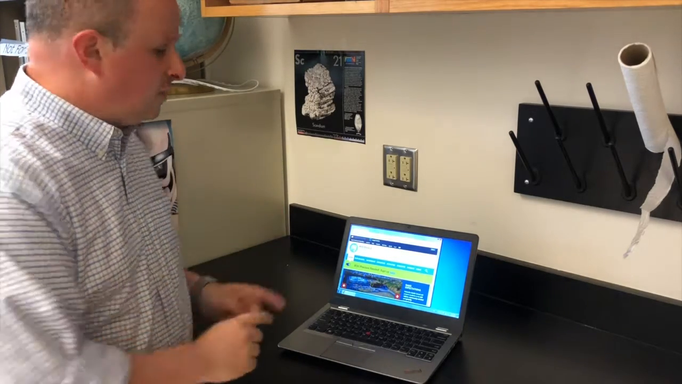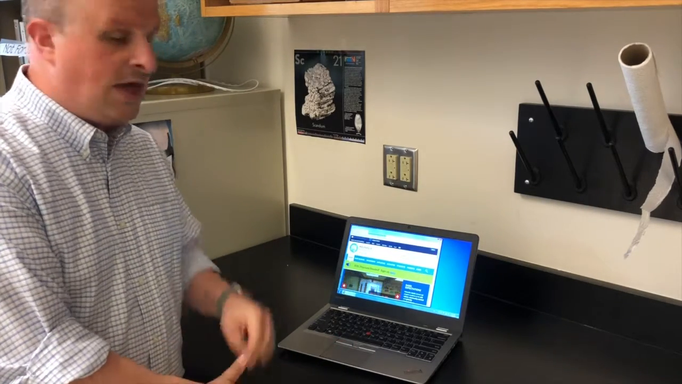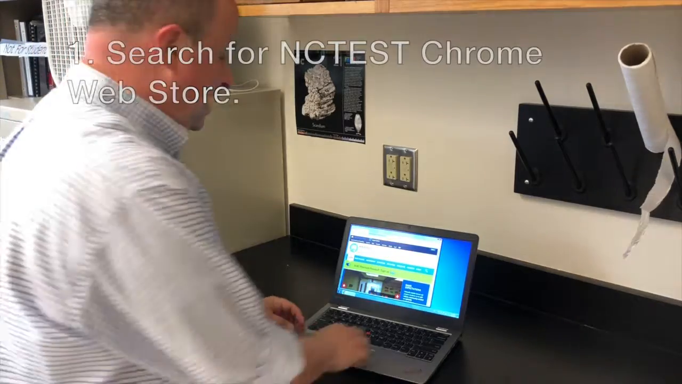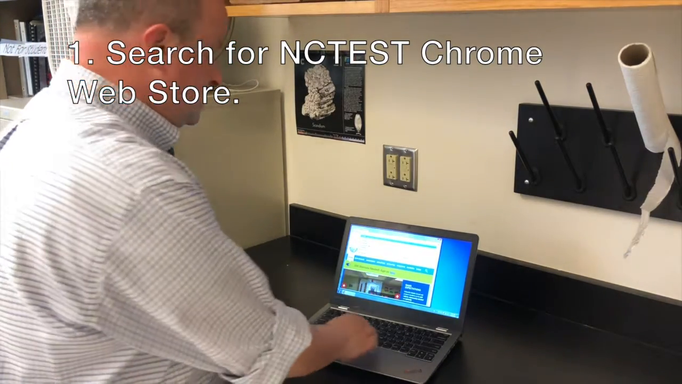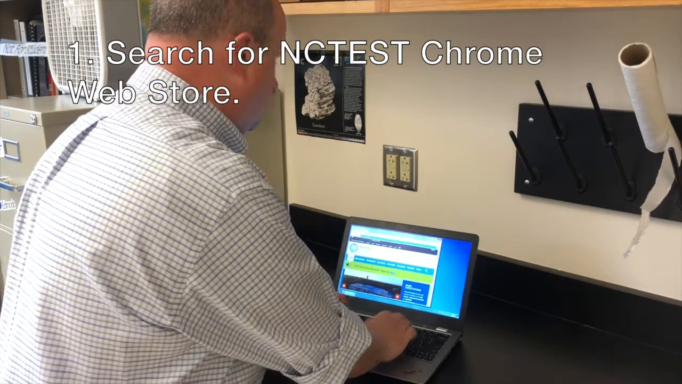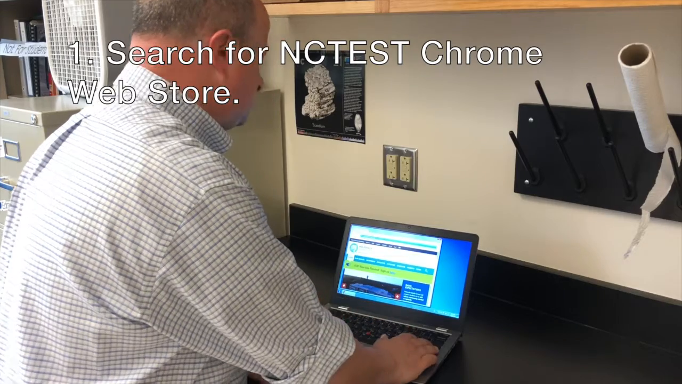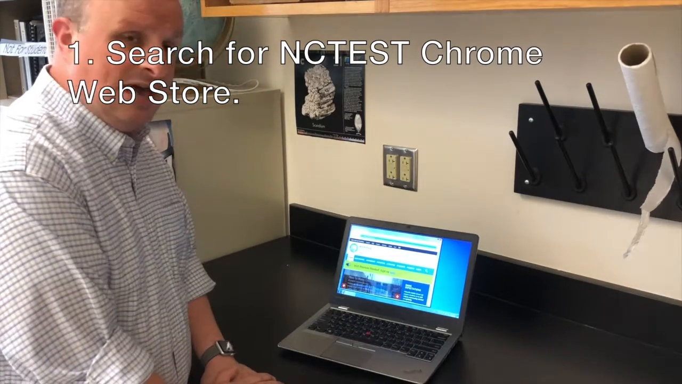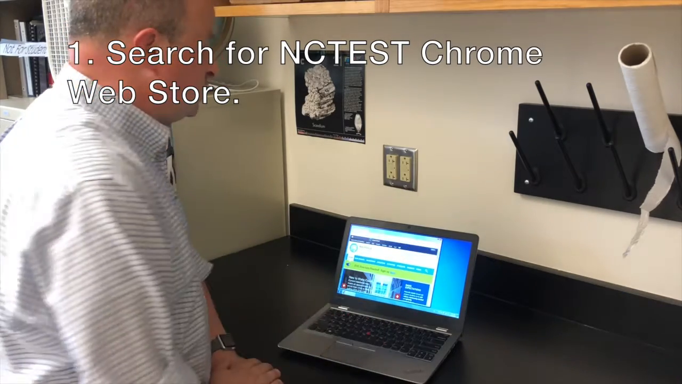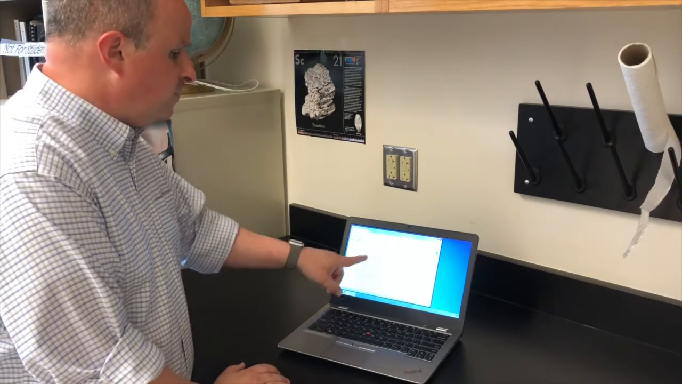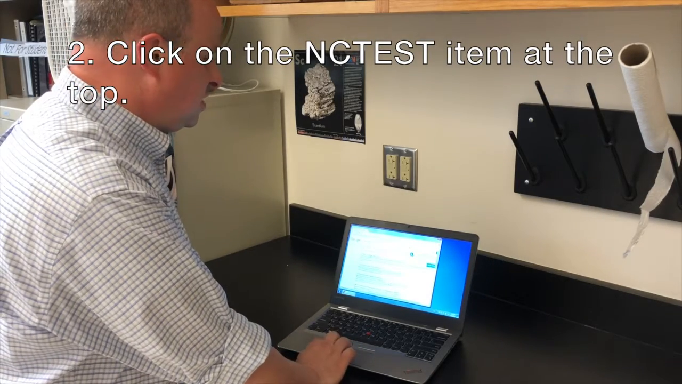So first step is you're going to go up here to the address bar in Google Chrome, and you are going to search for NCTEST, all one word, NCTEST space Chrome space Web Store, with a space in between them. NCTEST Chrome Web Store is what you're searching for. And when you do that search, the very first thing that pops up on the list is the extension that we want. So you click on that one time,